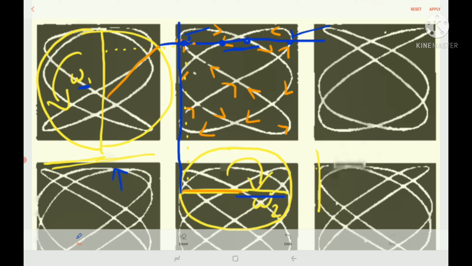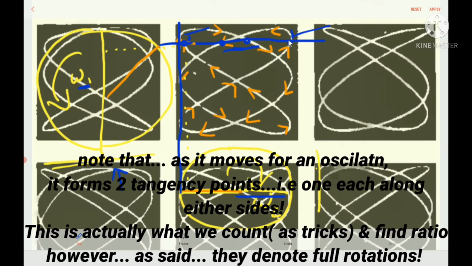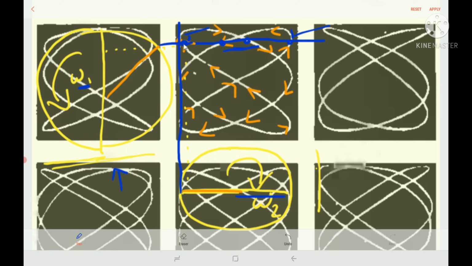So as you can see, that happens exactly twice, right? It starts from here, goes in this curve, returns back here. So that's one oscillation. Then again it goes like this, returns to this point. It's another oscillation. Similarly, when you consider the x coordinate, this being the starting point, you see that there are